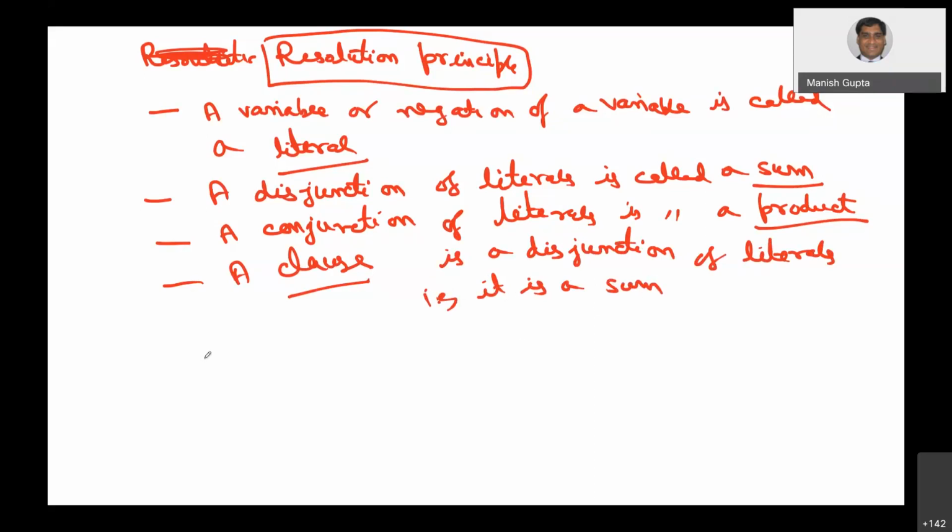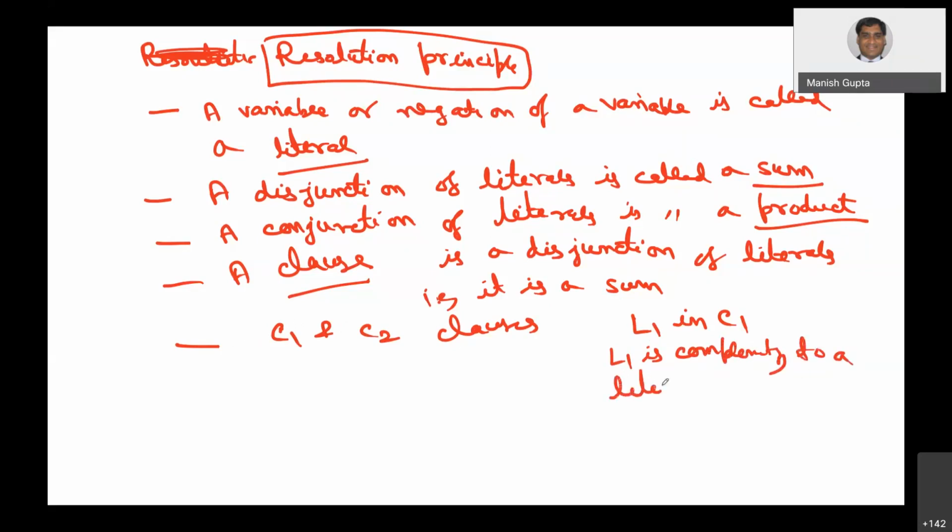Okay, that is a clause. Now I can tell you what the resolvent of two clauses is. Suppose C1 and C2 are two clauses, and there is a literal L1 in C1, and L1 is complementary to a literal L2 in C2. Then what do you do? In one clause there is a literal L1, and the second clause has the complement of L1, which is L2. Then we delete L1 and L2 from C1 and C2